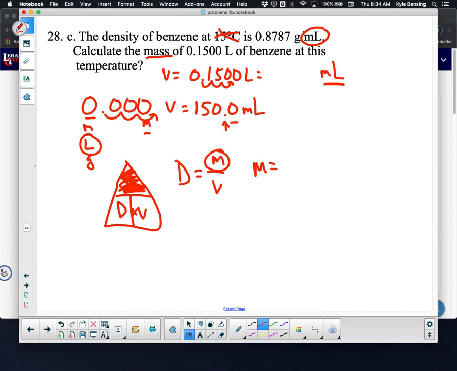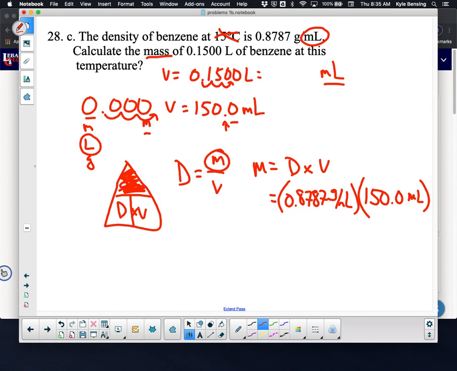So mass equals density times volume. My density is 0.8787 grams per milliliter, and my volume is 150.0 milliliters. When I multiply the two, 0.8787 times 150.0, what I get then is